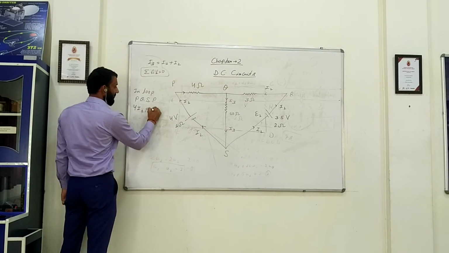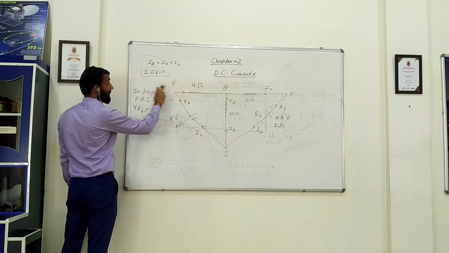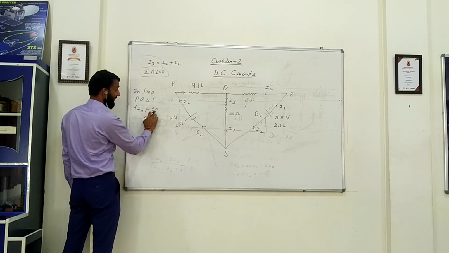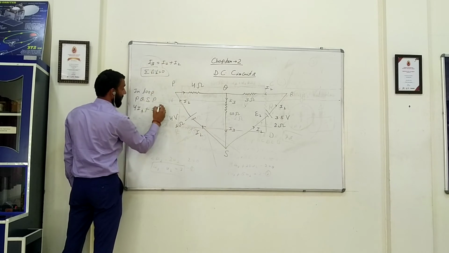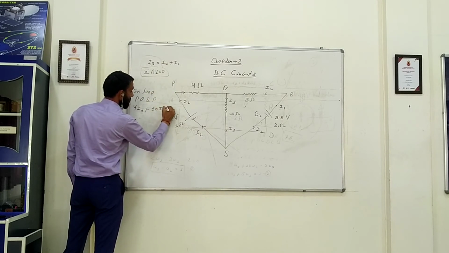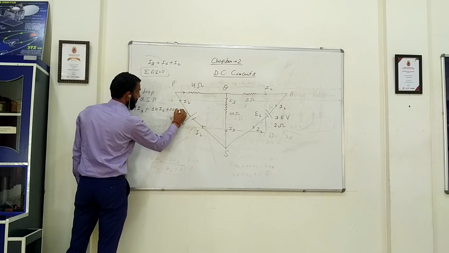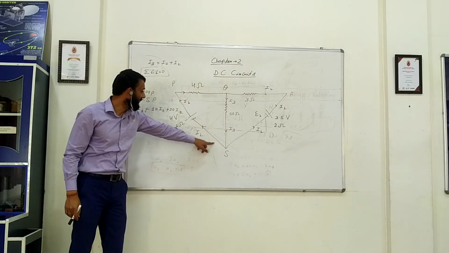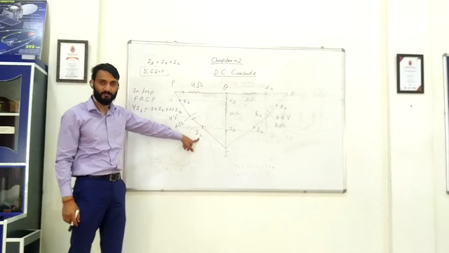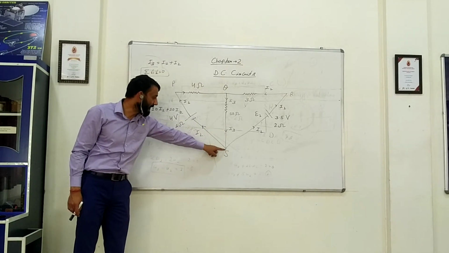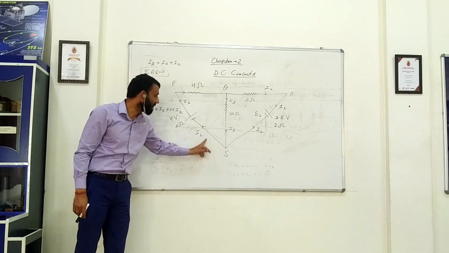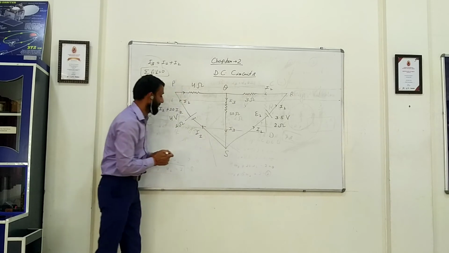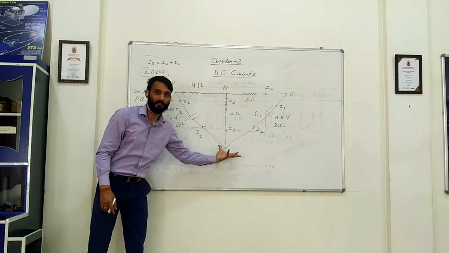So plus 10 I3. Now instead of I3, what can I write? I1 plus I2. It means I have to multiply this 10 with I1 as well as I2. So it will be 10 I1 plus 10 I2. Right? Then I am coming here. Now which current? I2, because I3 will come up till this junction, and then this I1 and I2 will separate out.